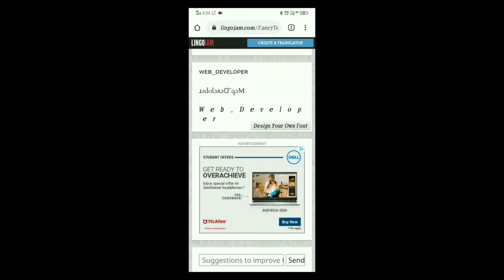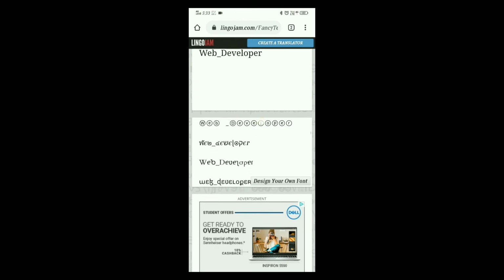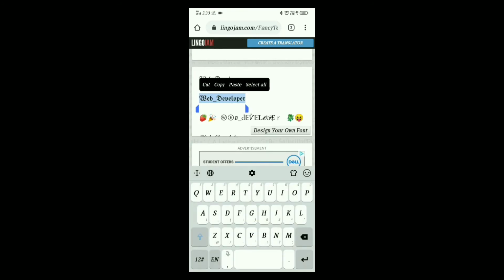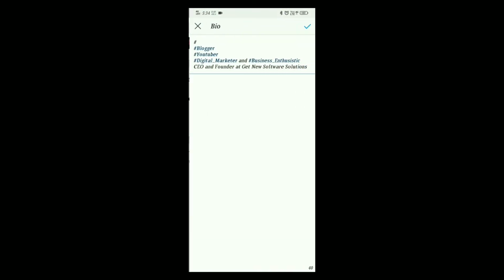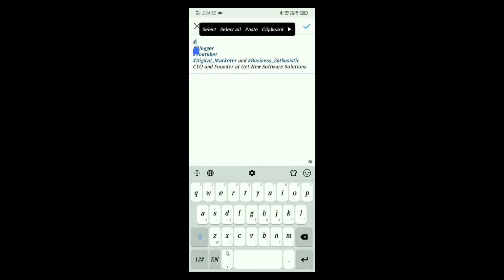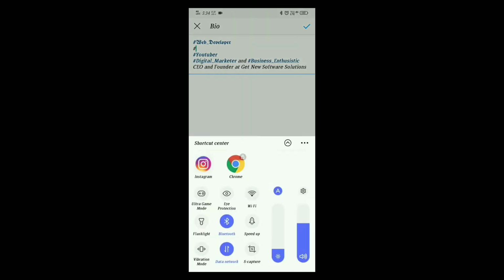Okay, select the best one. Now I want to take this design, copy it and paste it in the Instagram biography. Now see the result, and apply this. Select this and cut it, and in Chrome